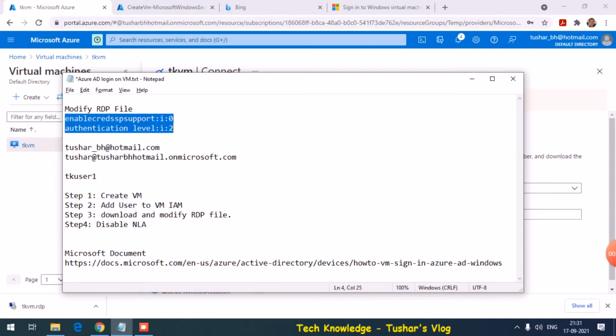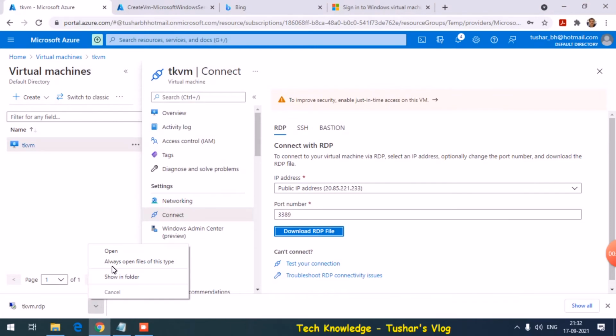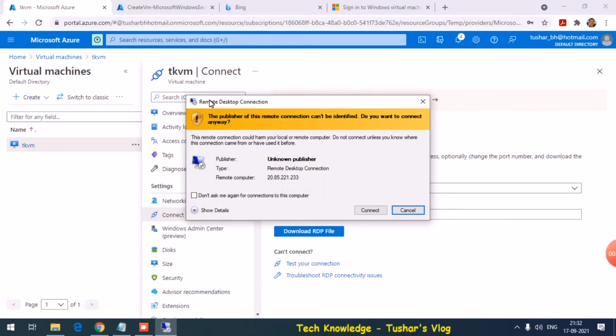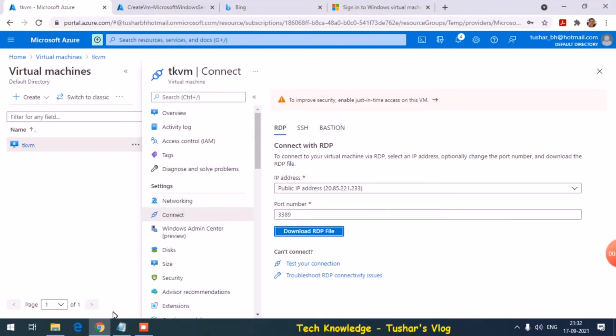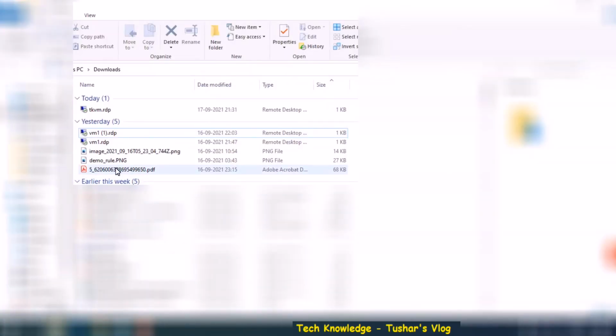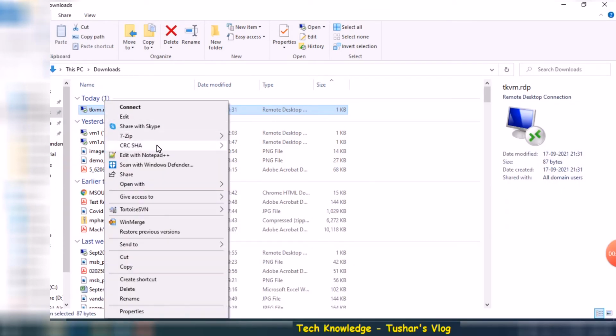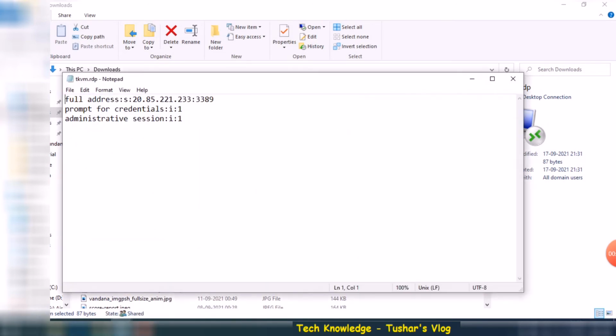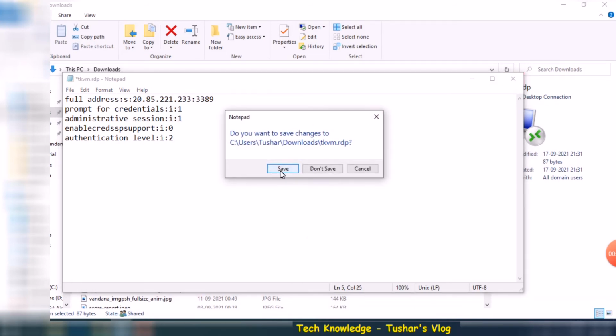I'll copy those. I open the RDP file in a notepad. I add these two lines and let me save it.